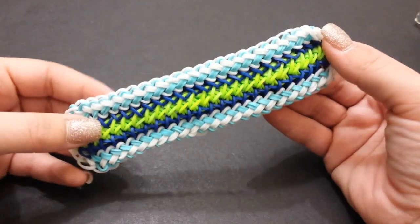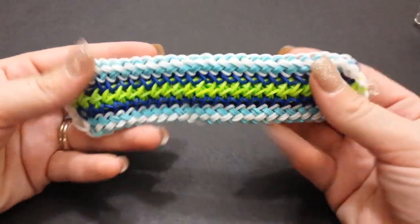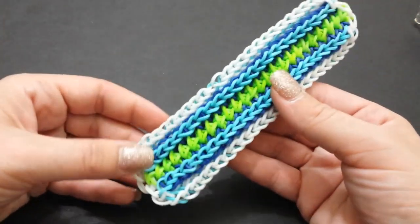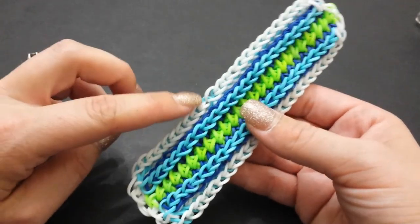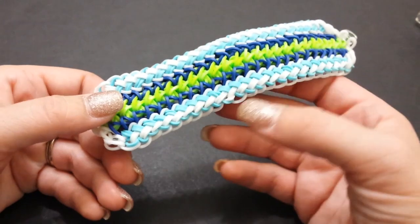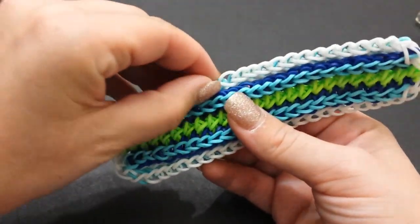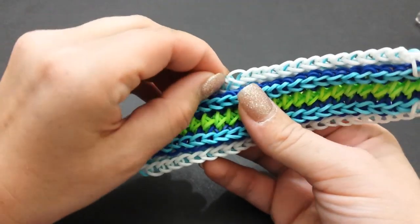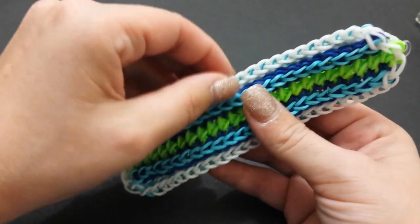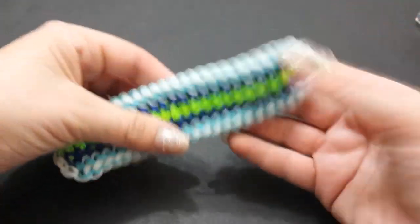Alrighty guys, so this is what mine looked like fresh off of the loom. And the only thing you want to make sure of is flip it over to the back side and make sure that none of your border bands are tucked in, because if they are, it's going to make this side look funny. And I see that one of mine is. So just make sure if it's tucked in like that one there, you just pull it out. Super easy fix. But as you can see, that only happened to one of mine on here,